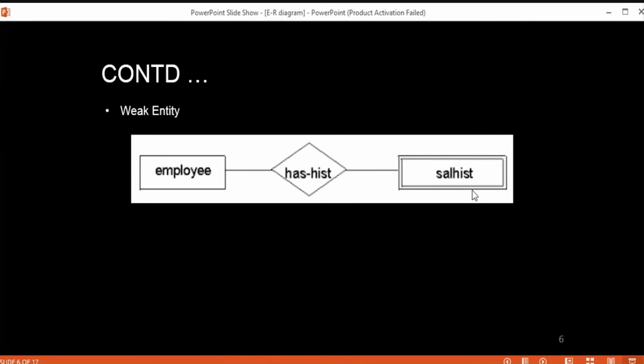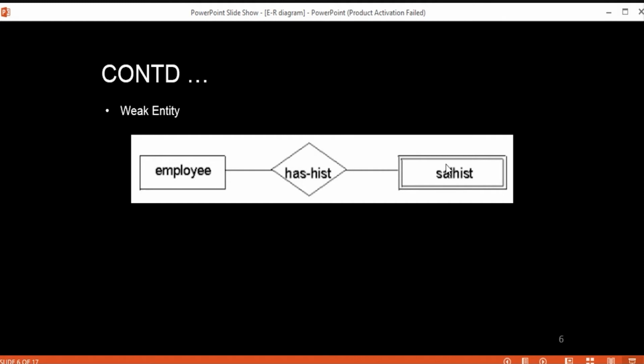Clear? It will only exist if the record of this employee is there. Say, for example, some person A's salary history would not make much sense if that person does not exist in the employee database. A weak entity is represented by a double border rectangle, and here we have shown that this employee has a salary history.